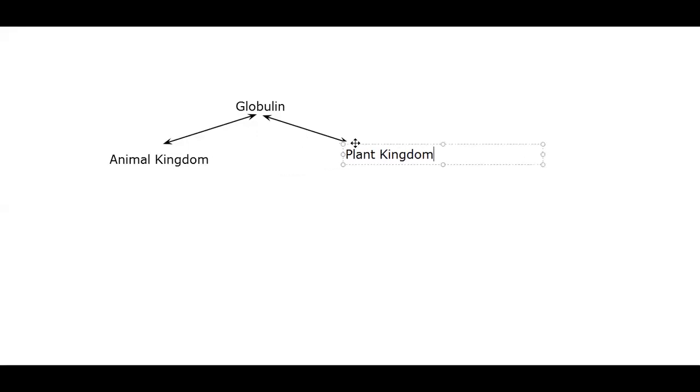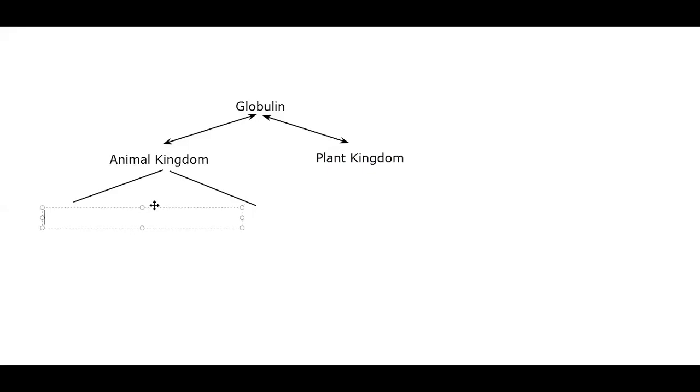In the case of the animal kingdom, this protein gave rise to two other different categories of protein. One was referred to as hemoglobin, and another protein which was produced was later on called myoglobin. So this is how the evolution took place. The first one was hemoglobin. I'm just writing it out here. Hemoglobin. And another one was referred to as myoglobin. I would be writing the second one here. Myoglobin.